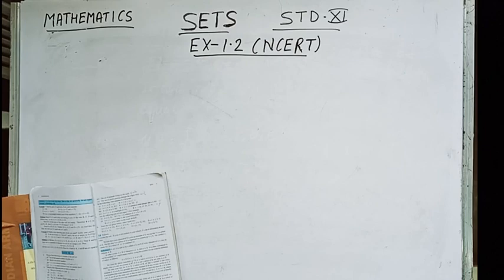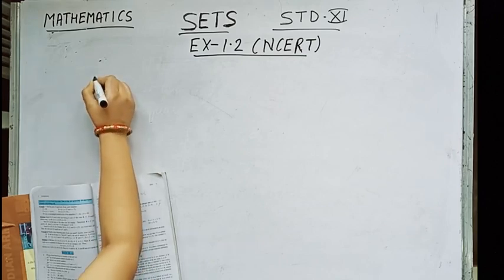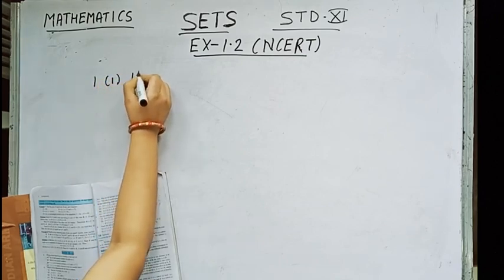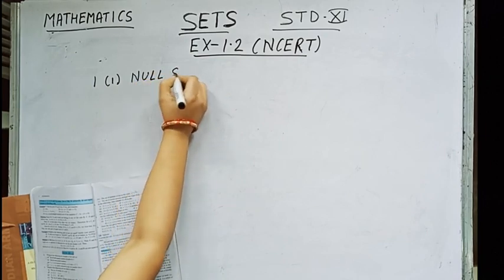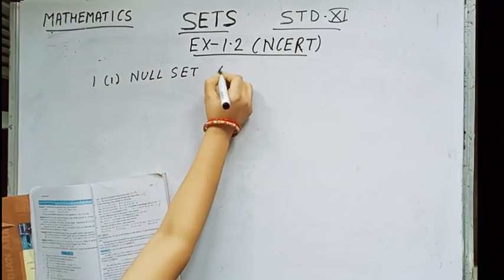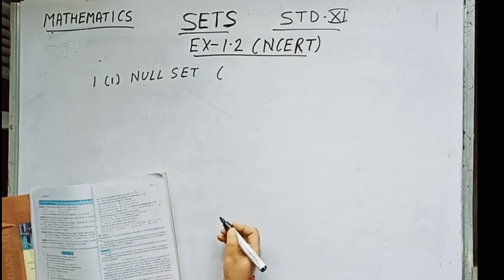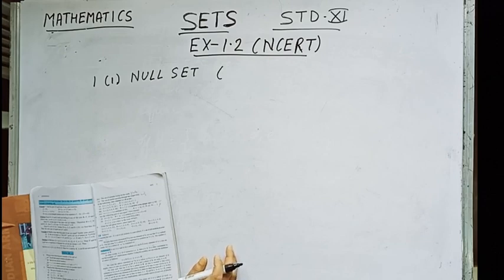Now children, we are knowing that the odd numbers are 1, 3, 5, 7 and so on. Odd numbers are the numbers which are not divisible by 2. Over here, the set is the odd natural numbers divisible by 2. So we will not be getting any set which is an odd number and also divisible by 2. So it is an example of a null set. So subpart number 1 is a null set. You can provide the reason over here as a number which is divisible by 2 and also an odd number is not possible.